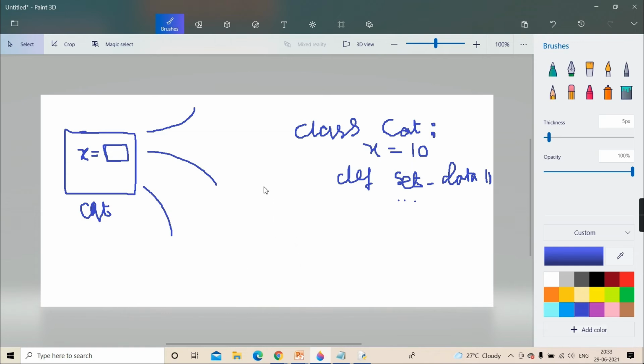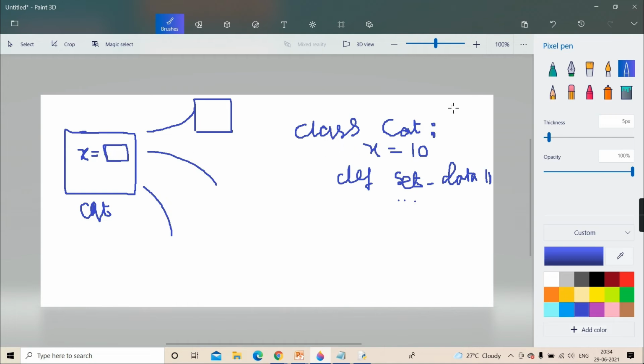Now instance data means that data which belongs to the object namespace, or you can say that data which is created whenever you create an object. Meaning whenever an object is created, then only that data comes into existence. Class data comes into existence at the time of code loading.